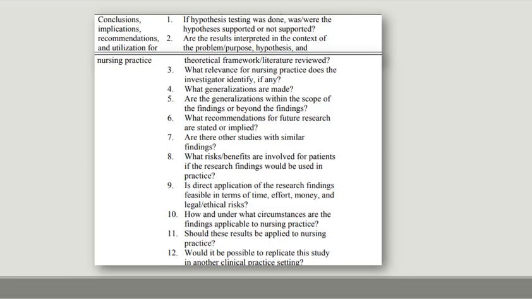Okay, so you've had a chance to read through these. Basically, what I like to think about is, in the introduction section, those first 3 to 4 paragraphs, did the authors make a case for why their study was necessary? Did they provide background information as to why the study is needed and/or what has been done before or what is known about the problem? Did they have a paragraph in which they identify the purpose of the study and the hypothesis or hypotheses they're going to be looking at?